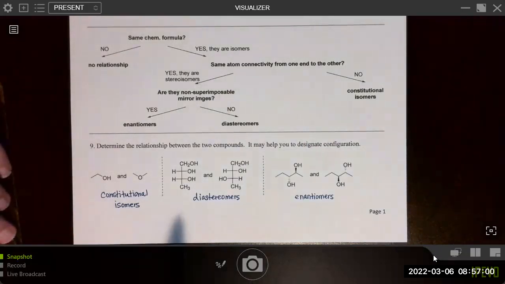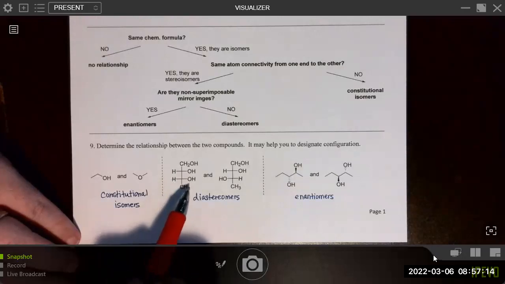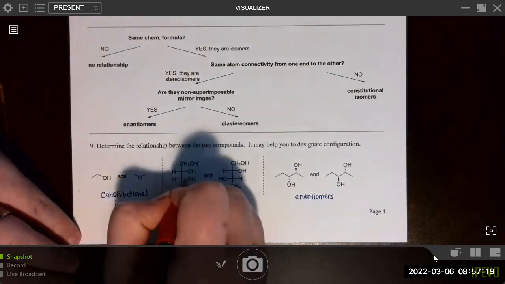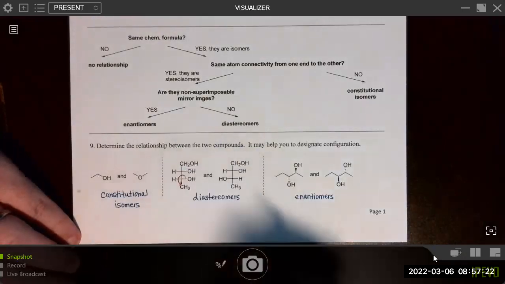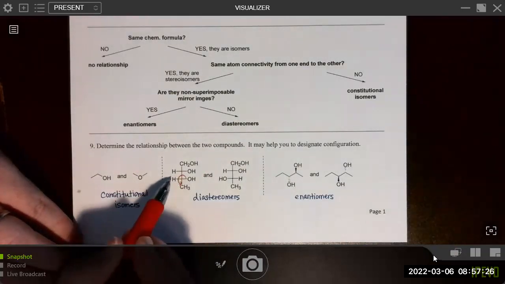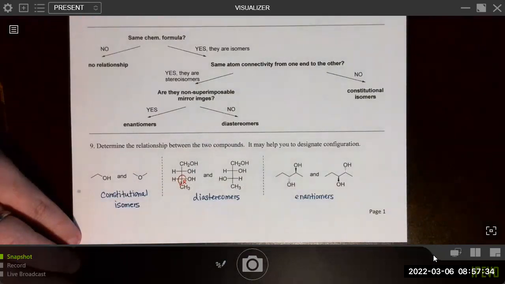Let's go ahead and designate the configuration of the chiral centers in case you struggled with this and want to use that as a strategy to help. So for this structure, we have the oxygen, carbon, hydrogen, carbon. Oxygen, and the 2 carbons are a tie, but this one will have a higher priority. So we go from 1 to 2 to 3, ignoring 4. And then we think to ourselves, well, that 4th priority group is coming out at me. So while it looks like it's counterclockwise, which would be S, it's actually going to be clockwise, which is R.